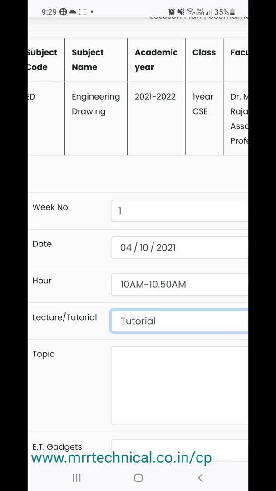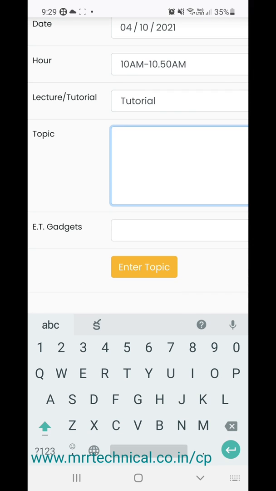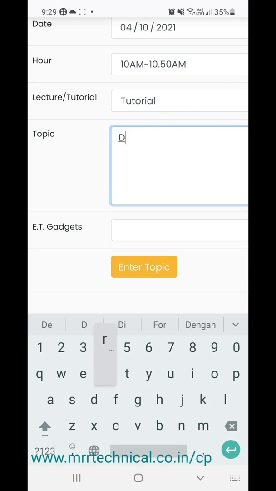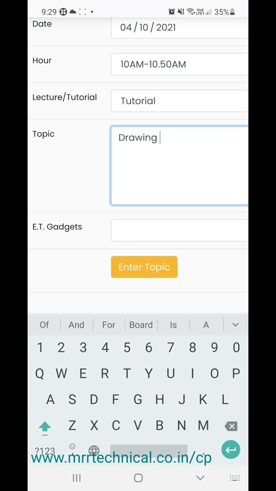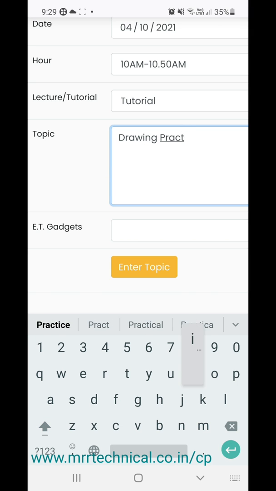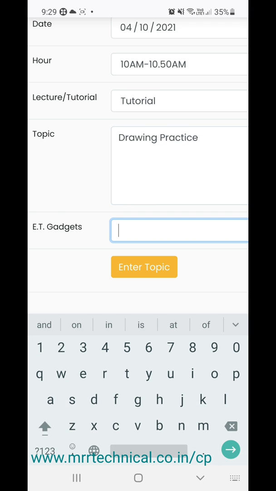Then on the same week, same day, from 10 to 10:50 I am taking them for tutorial, that means practice, and that I am going to enter here, drawing practice. Drawing practice is like tutorials.